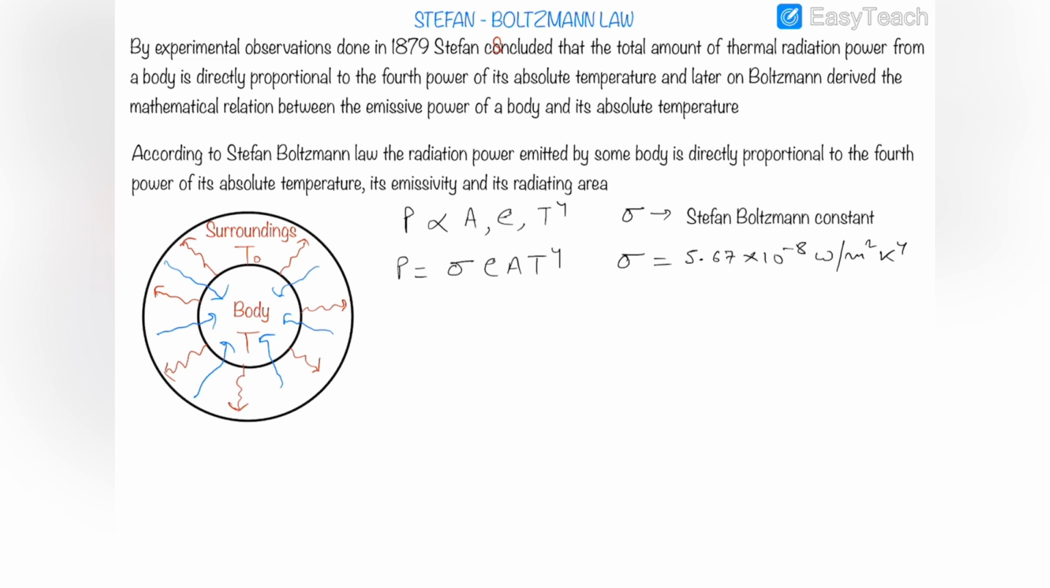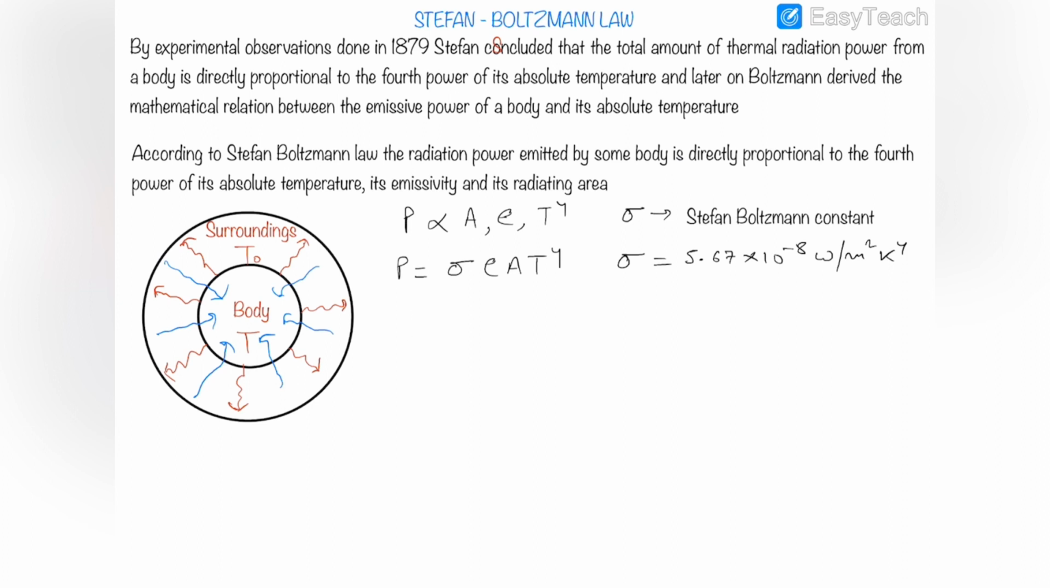So the final formula is sigma E A T to the power 4, where sigma is a proportionality constant, also called the Stefan-Boltzmann constant. Its value is 5.67 into 10 raised to power minus 8. Okay, so we know that the power emitted by a body is dependent on the temperature of the body itself. So power emitted,